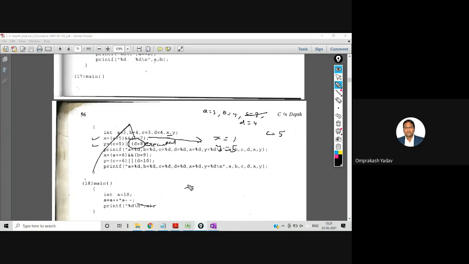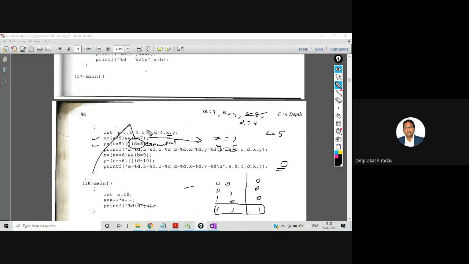See, if I write the table: 0 0, 0 1, 1 0, 1 1. In case of AND, we have 1 only in the last case, where both inputs are true. So if the first input is false in case of AND, then the second expression will not be evaluated, because the compiler knows the output is going to be 0 only, right? So no need to evaluate the second expression. See, the compiler is optimized to solve any problem quickly, right? It is not going to waste time resolving the second expression. Why waste time? Because anyhow the output is going to be 0 only.